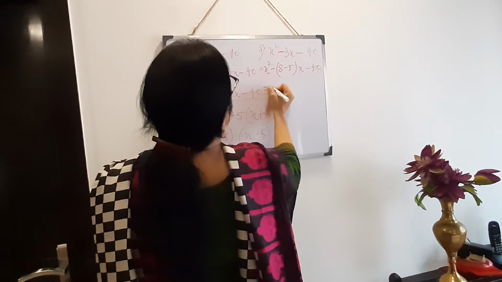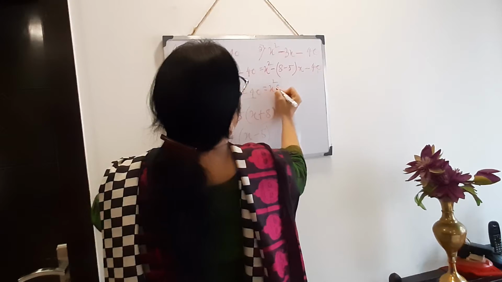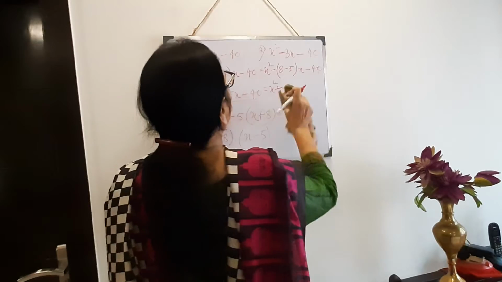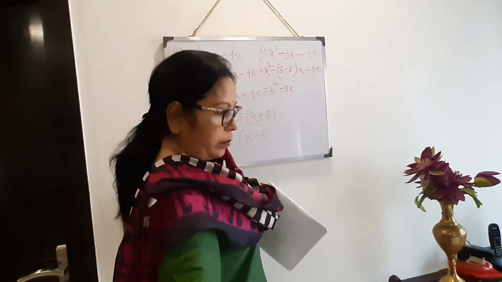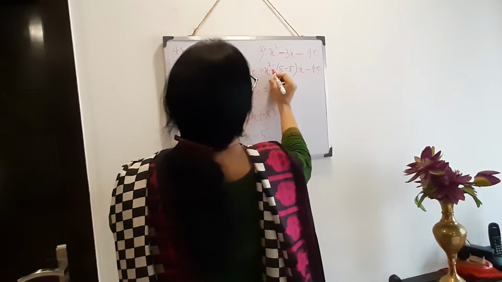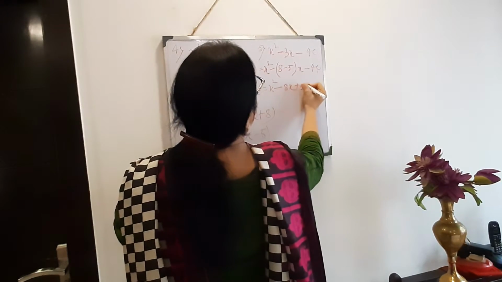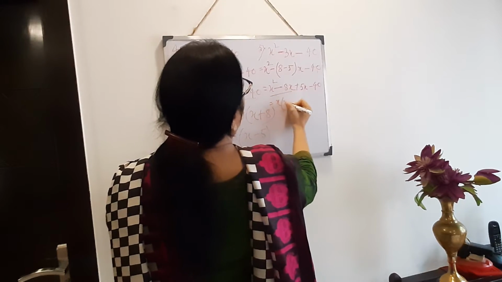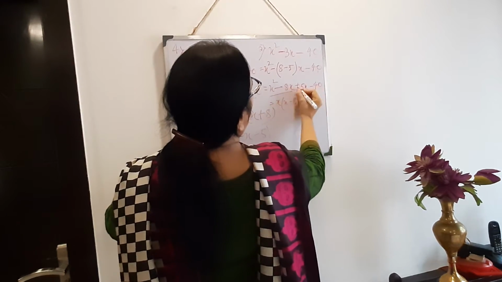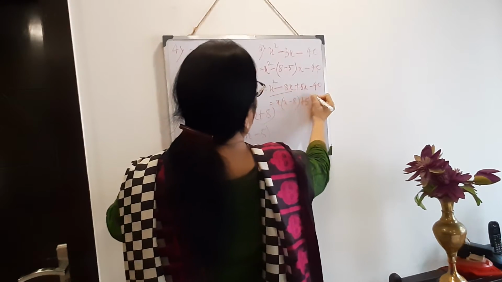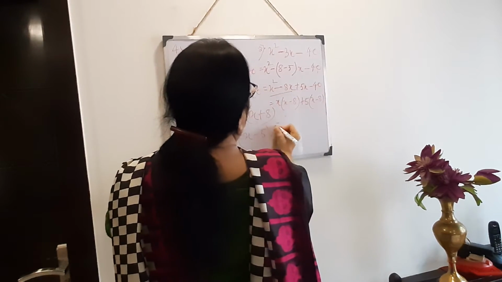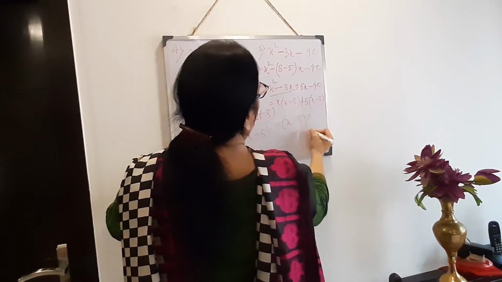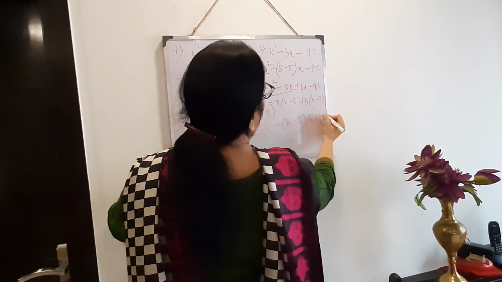Now open the bracket. Minus 8x and minus minus plus 5x minus 40. Now we will take common x. So what is there? X minus 8, and from these two I can take plus 5 common. So it is becoming x minus 8. Now from these two terms, x minus 8 common, which one is left? X plus from here 5.